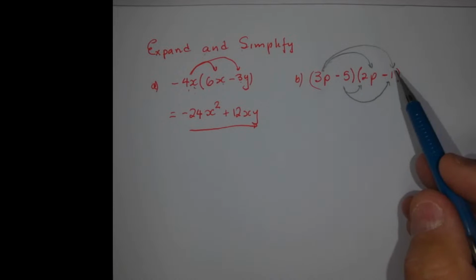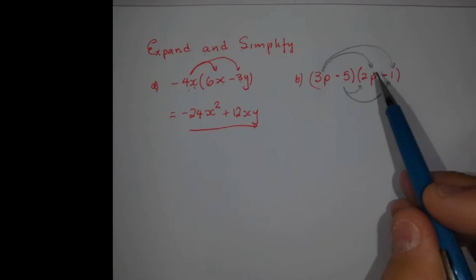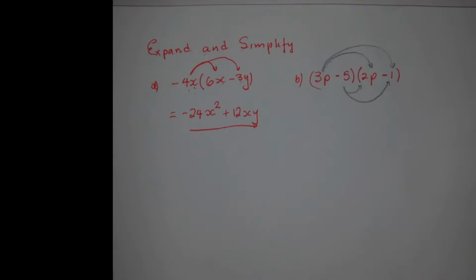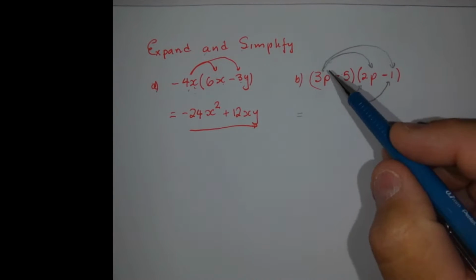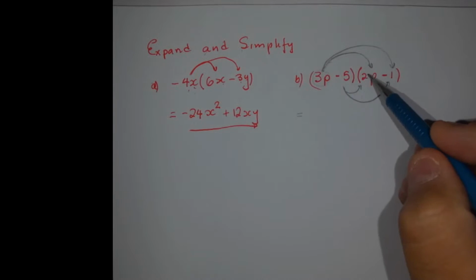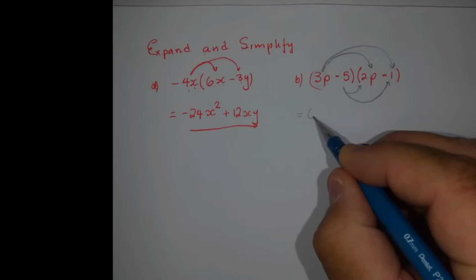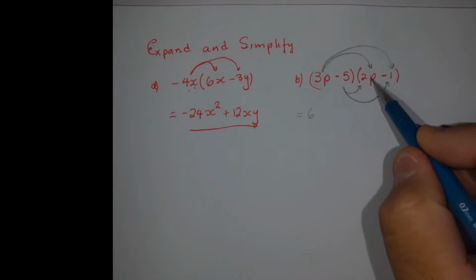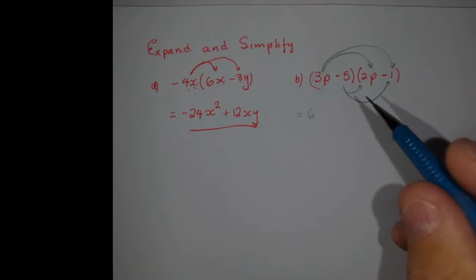So for the time being, I would prefer to go step by step and make sure that we have everything of the basics that we need. So when I do the multiplication here, I need to multiply 3p first by 2p. And remember, you multiply coefficient by coefficient, so 3 times 2 is 6. And then p times p, because they both have an exponent of 1, and 1 plus 1 is 2,